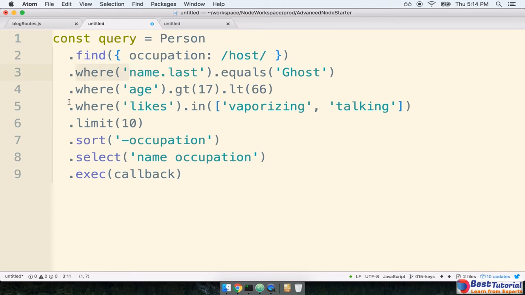Person.find, like all these modifiers, the where, the limit, the sort, the select, these all return new queries that have been further customized in some fashion. However, the last line of code right here, the .exec, is what takes this query and actually executes it and sends it off to MongoDB. So I want to take that line of code off for just 1 second, and leave it just like this right here. So now at this point in time, this query object right here, it represents some pending query